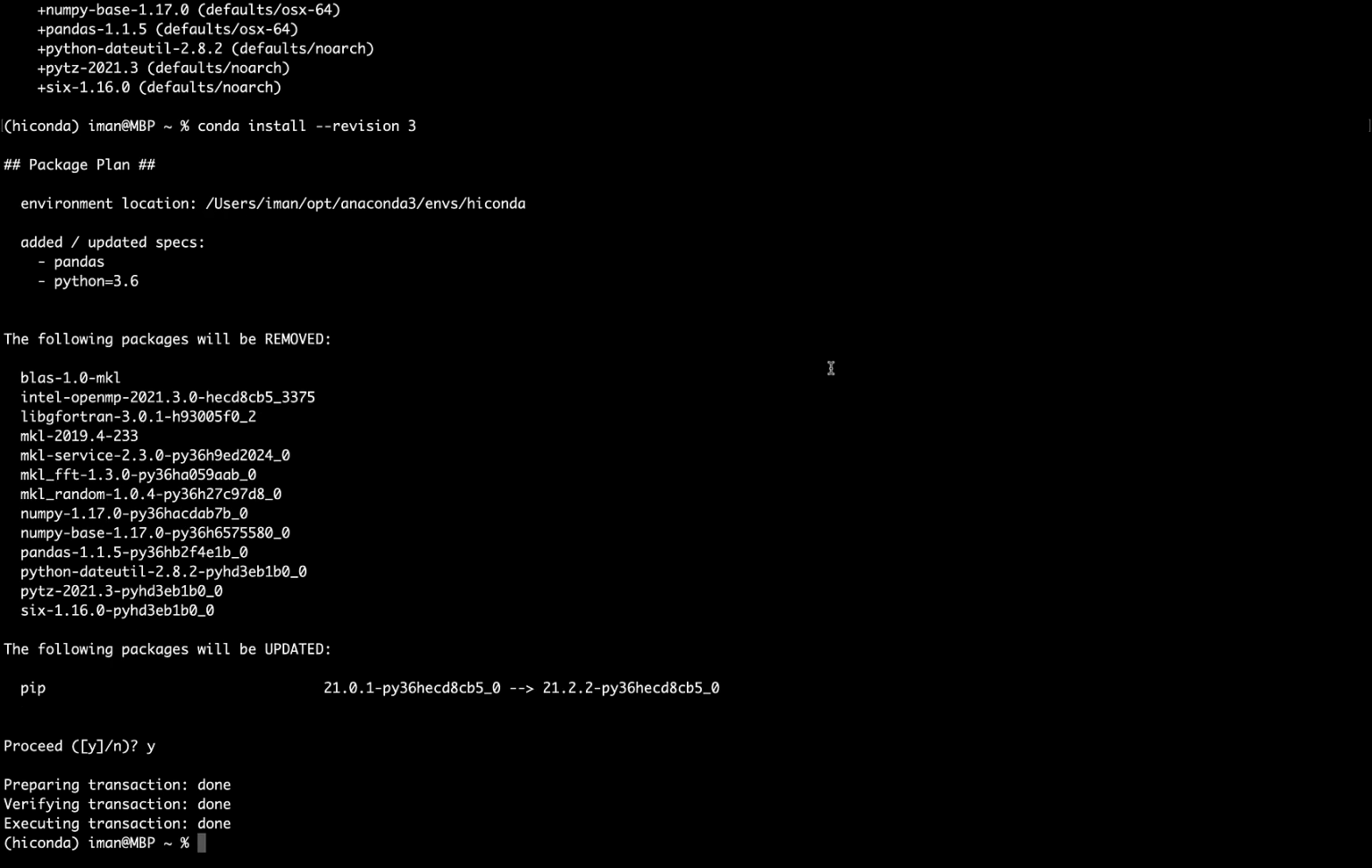All right, next we're going to see how to export a list of dependencies for your environment and how to import them for a new environment. To export your dependencies in your environment, you can run this command conda list --explicit. Then you can pipe it to a file name, let's say myenv.txt, for example. And then if I run this command,